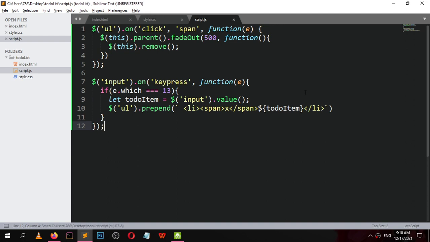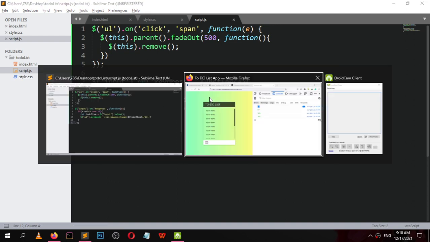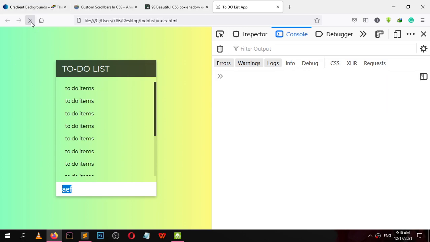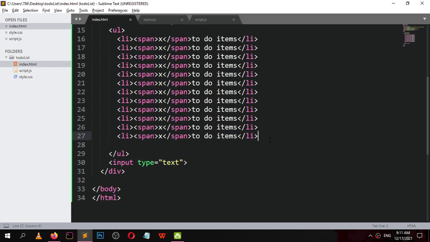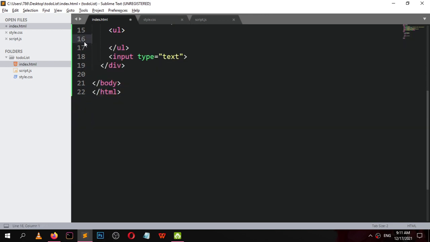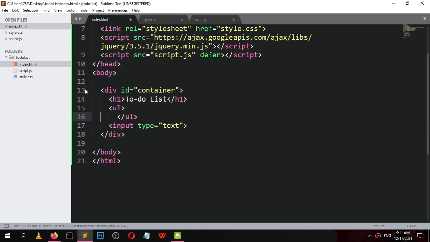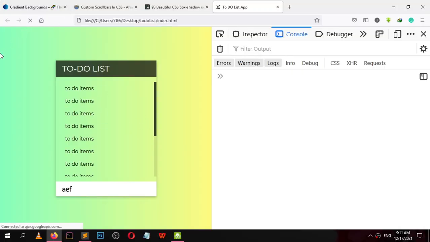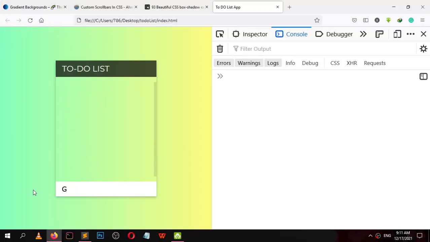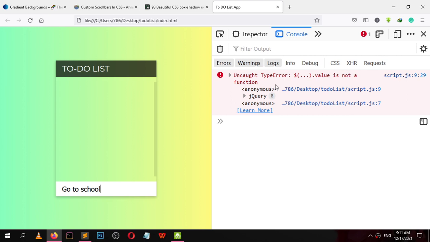Now let's test our list. Reload the page and let me remove all the hard coded elements and reload the page. Now go to school, hit enter key.